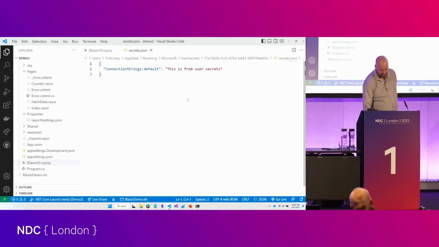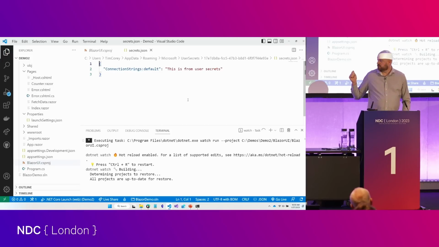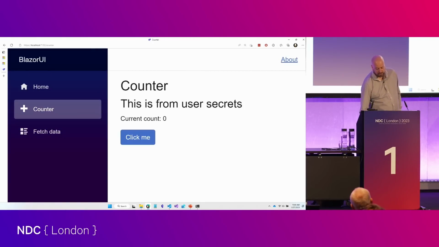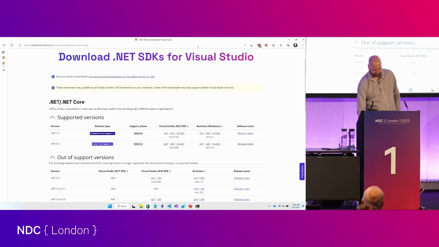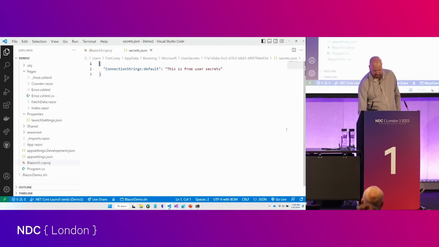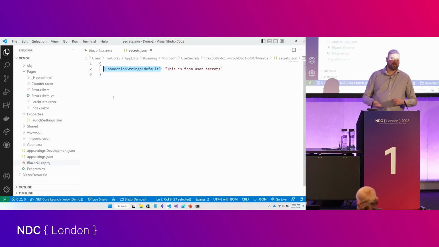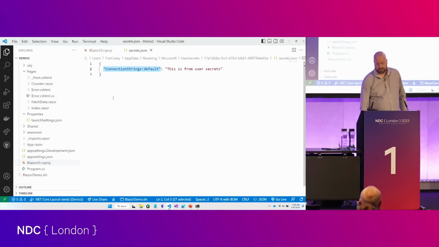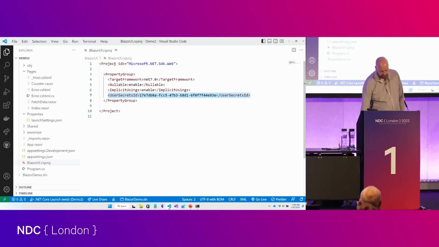Now, let's hit F5 first, just to see it run. But we're going to talk more about that file. Okay, so counter, this is from user secrets. So we've overridden our app-settings.json with user secrets, but it's a little funky. So let's get rid of this. This works, but it's collapsed. And the way that the .NET command line talks about this in the documentation is it's a feature, not a bug. I personally don't prefer to see it that way, but you could go in there and manually change it,